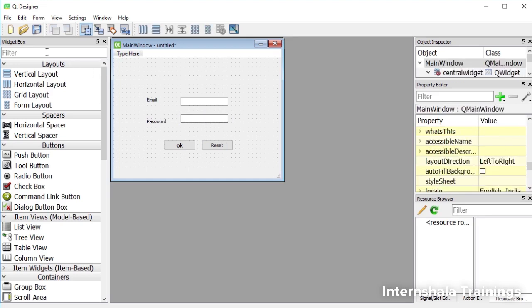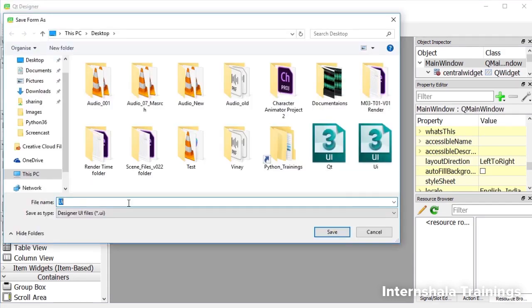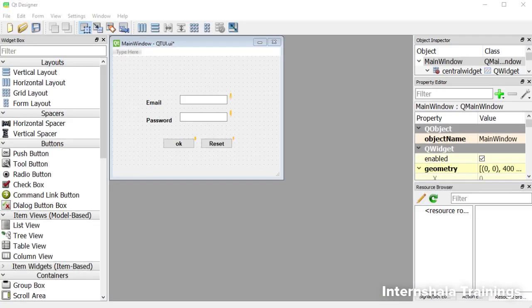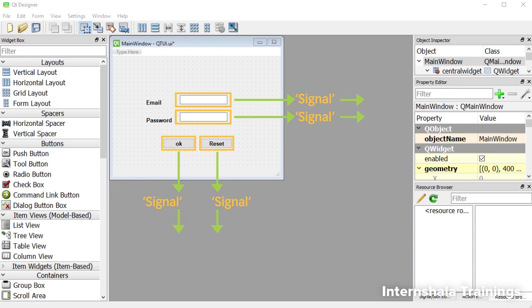Now, let's save this file as a .ui file. Next, let's make these GUI elements work. Each Qt widget is designed to send something. Let's call it a signal for now, in response to one or more events such as a click or a touch. The signal on its own does not do anything. Instead, it is connected to a slot. The slot can be a method of any widget class or a Python function that can be called.